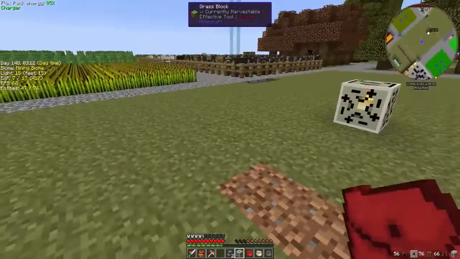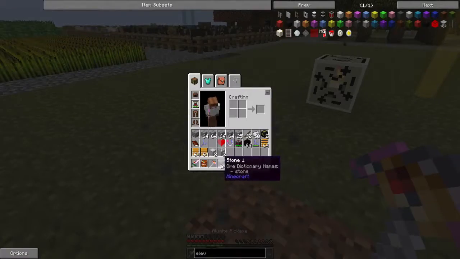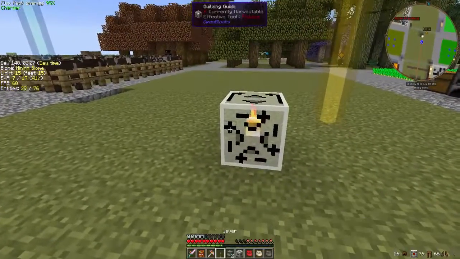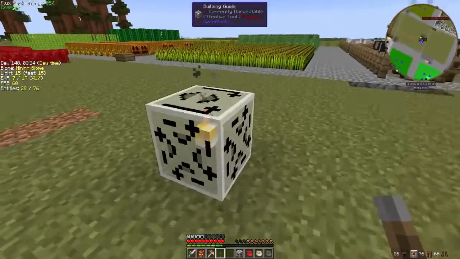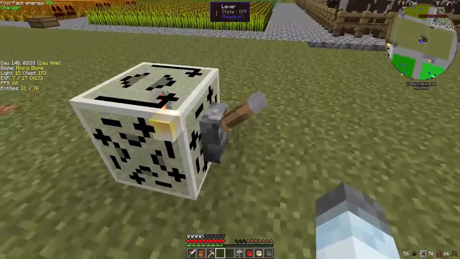There's my oil. I don't have a... Let's make one. There we go. And, oh, you know why? Because it's at the other building guide. There we go. So the building guide... This is actually an updated version. It didn't used to have all this kind of fancy stuff before when I learned it. So, right off the bat,